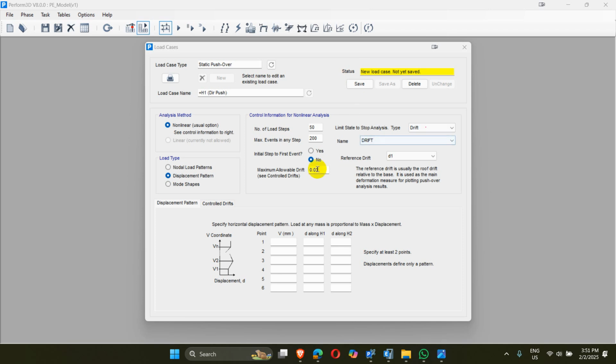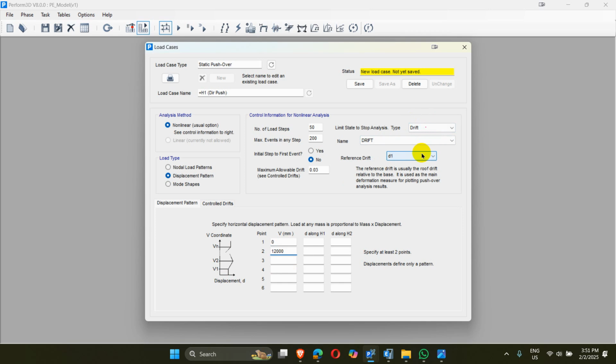Here everything is the same as previously defined, and in the case of displacement pattern, b is the coordinate. Suppose we have to assign the drift control, drift in the base as well as the top of the structure. So like this, we have to assign the coordinate of b. For example, b is the base of the structure at first, and the top of the structure is at z coordinate 12 meters. So the coordinates of b are 0 and 12,